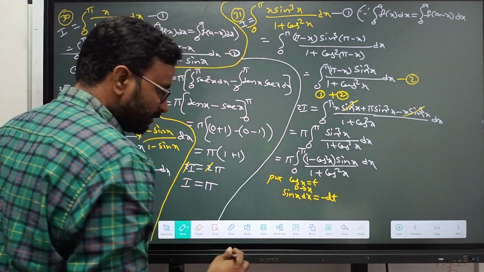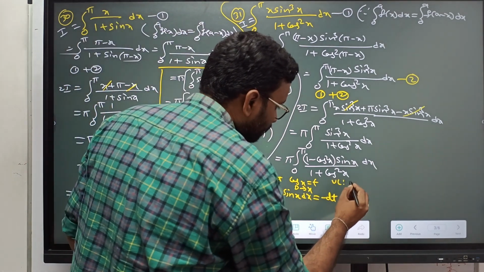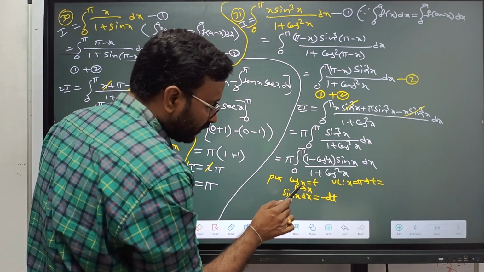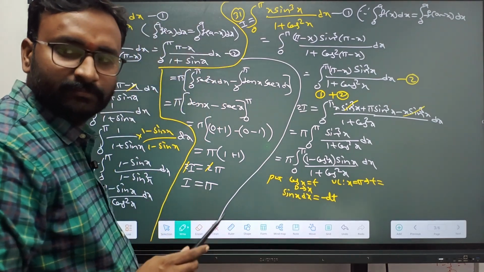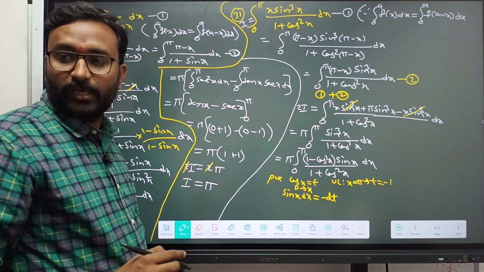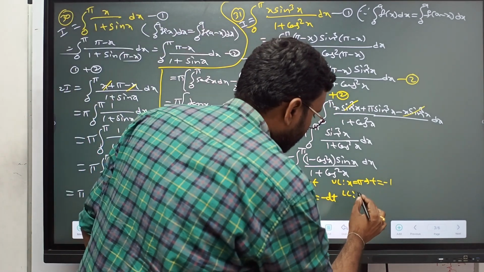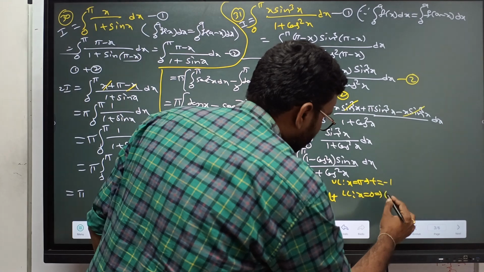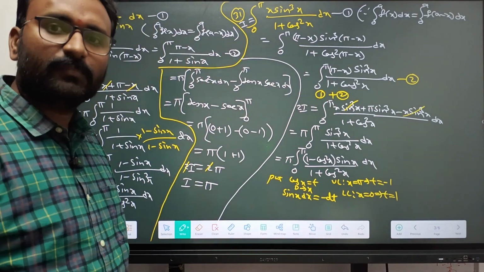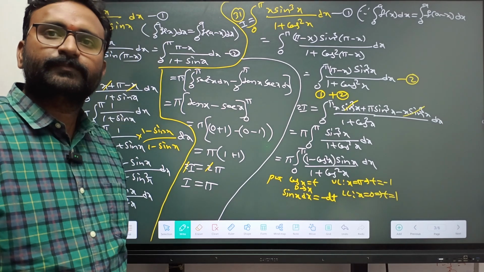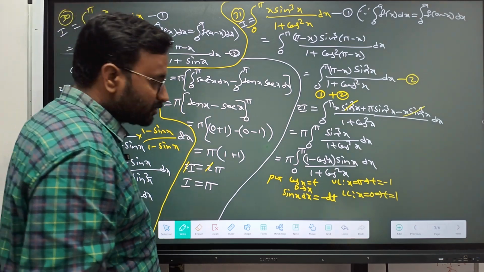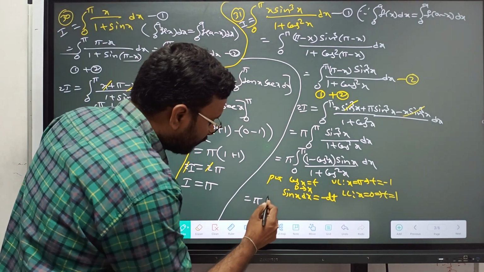Now you have to change the limits also. Upper limit: x is equal to 180, then what is t? Cos 180 value is minus 1. Lower limit: x is equal to 0, then t is equal to cos 0, which is 1. Now substitute here, which is equal to pi integral for 0 it is 1, for 180 it is minus 1,